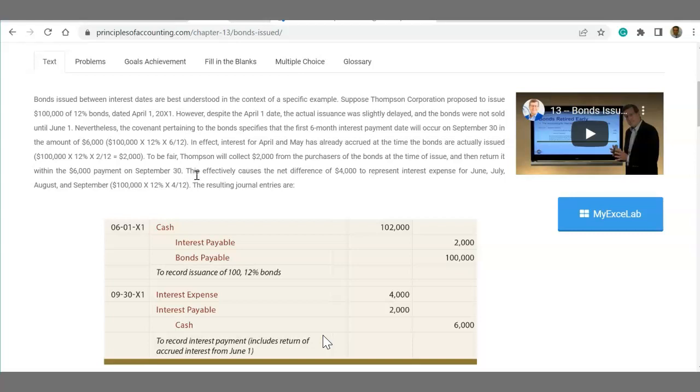So they will say, hey, because we issued late, we are 2 months behind. So the 2 months of interest, just pay please right now. So I give it back to you on September 30th. So this effectively causes the net difference of $4,000 to represent interest expense for June and July. And that's